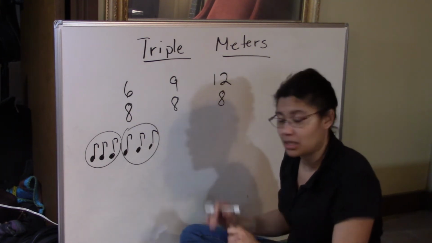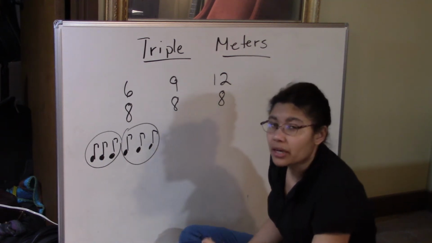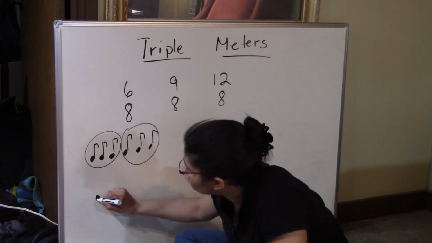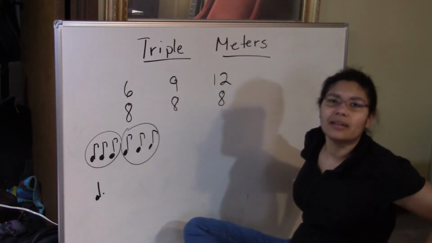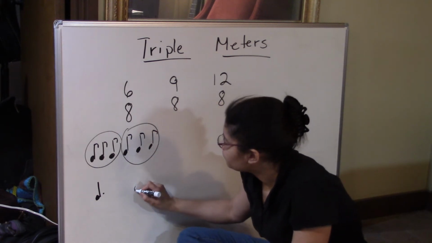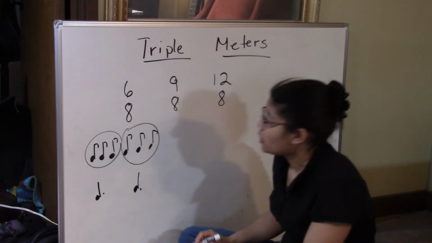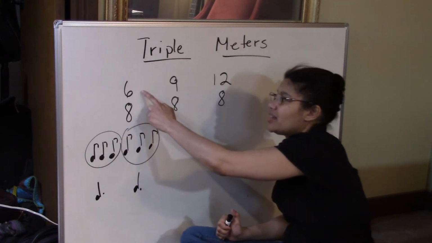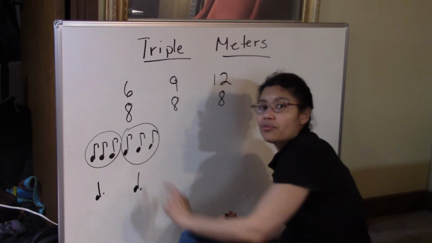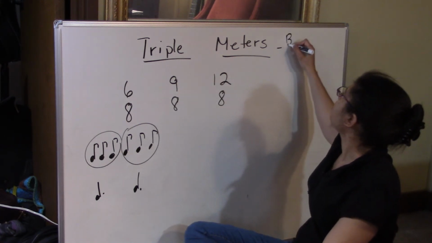And I say big beats because if I put these 3 eighth notes together, if you remember in my other video about the dot rule, I'm going to end up with a dotted quarter note. So if I have a dotted quarter note there, I have a dotted quarter note here. Even though this says 6 beats in a measure, I'm really going to think in 2 big beats of 3. So therefore, that brings me to my triple meter with beats